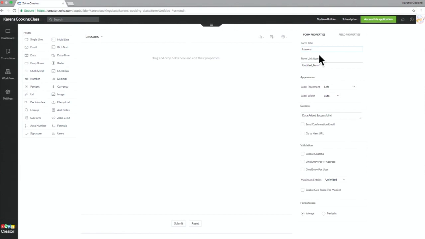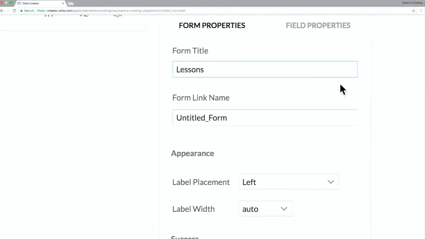But what you see here is every form has two names, right? That is the form title and the form link name. The form link name is unique to every form that is created in this application. It needs to be short and concise because you will be using this particular form link name while you are scripting.